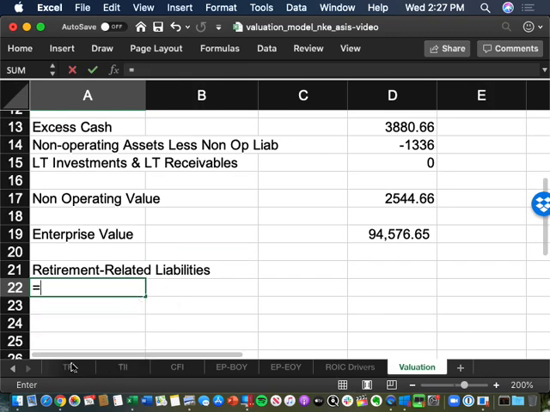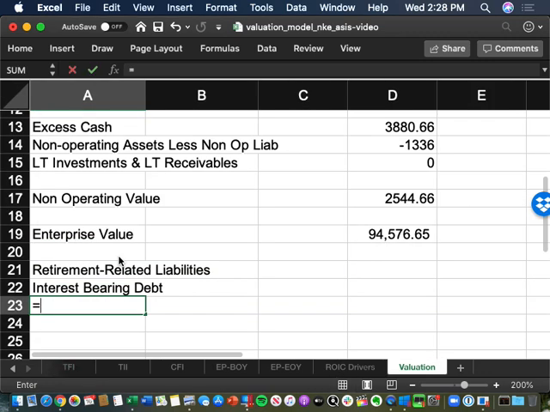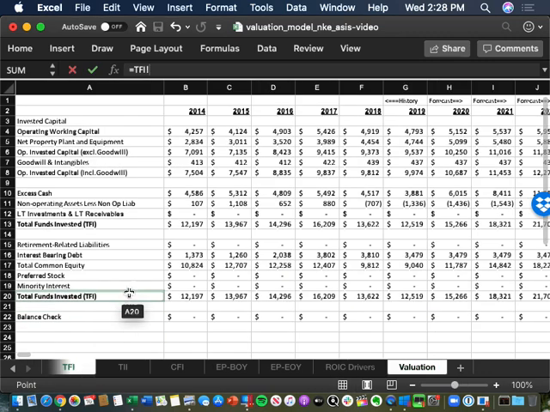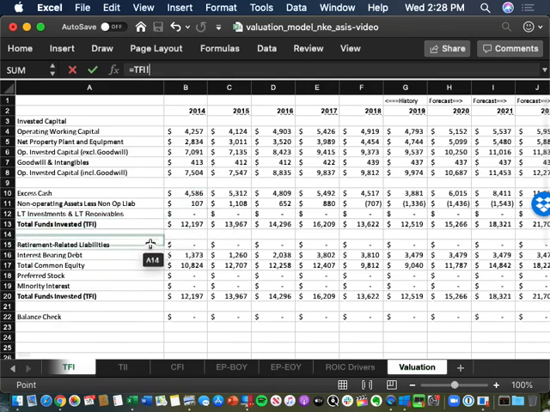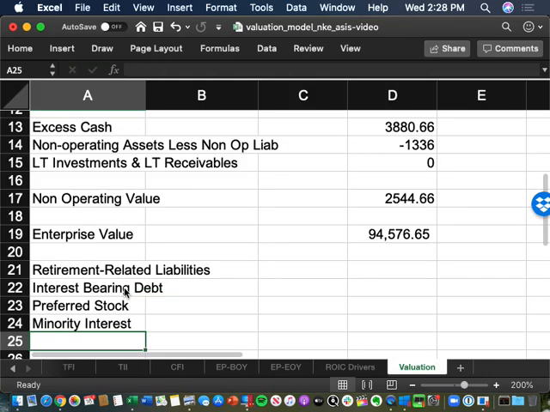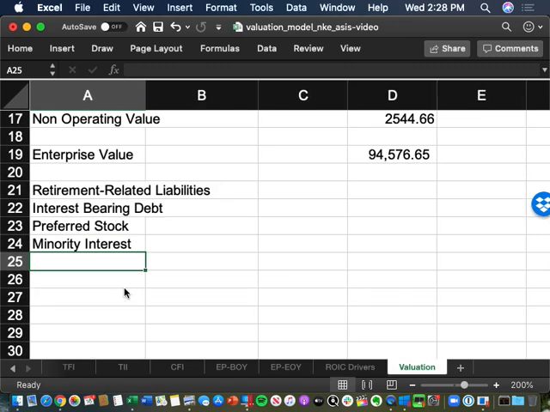We have to pay off from our TFI A16, which is the interest-bearing debt. We're solving for common equity, so we don't do that. But we then have to pay out the preferred shareholders, which is A18. And we have to pay out the minority shareholders, which is A19. Those are the 4 other non-common stakeholders that would be paid before the common shareholders would get the money, or